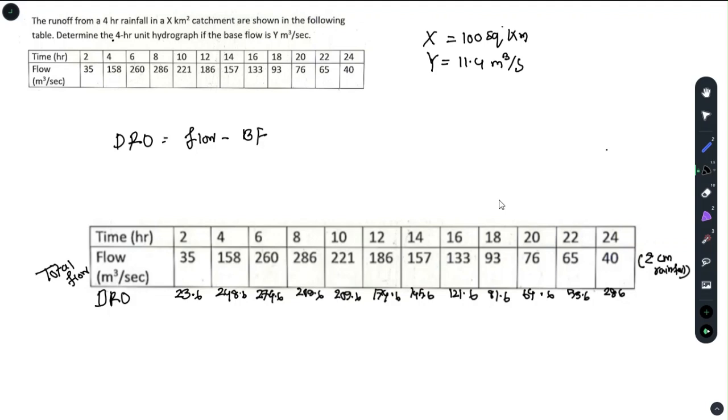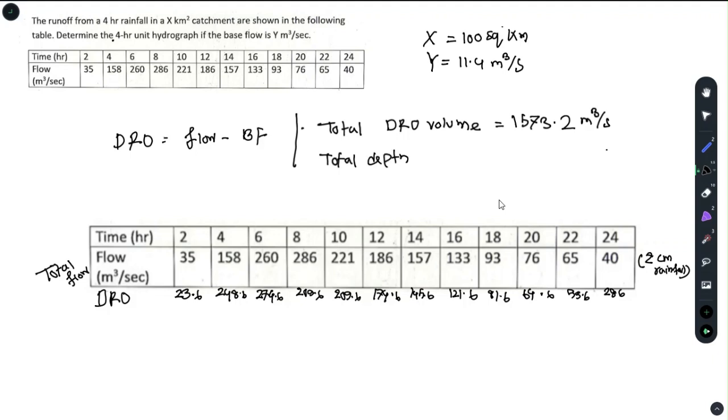For that, you need to find out the total direct runoff volume. And the value is, if you sum all the values, 23.6 to 48.6, you'll get a value of 1573.2 meter cube per second. It's a total direct runoff discharge. Now I need depth. I need the depth for direct runoff. So if I want to find out the total depth,